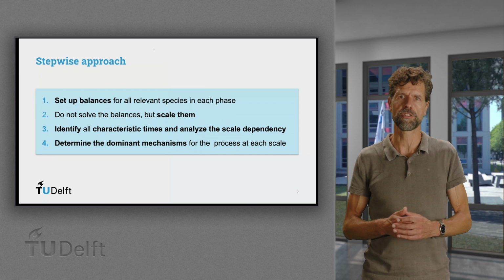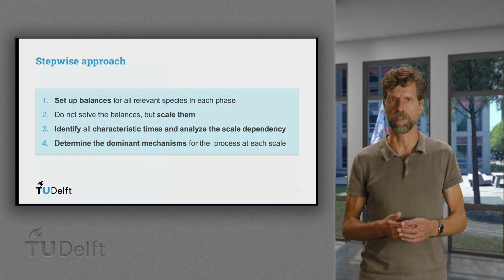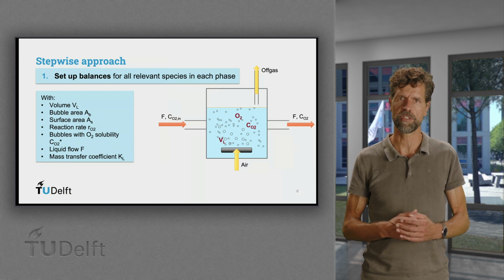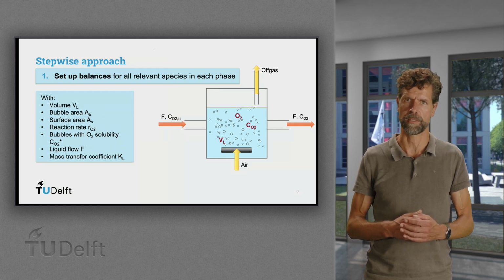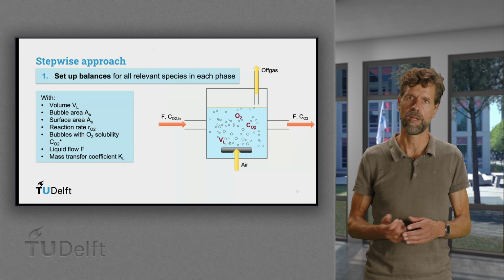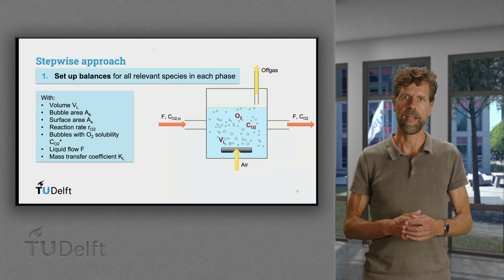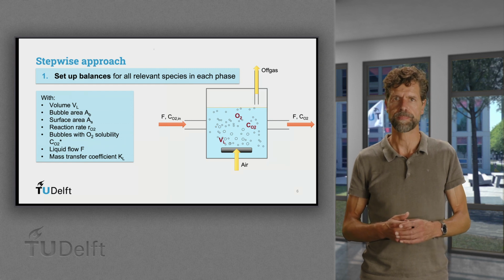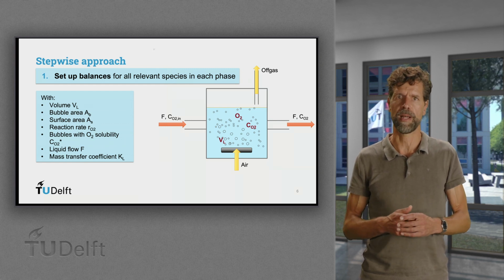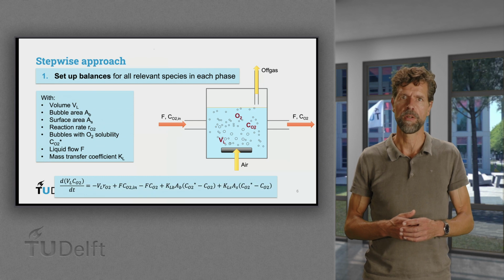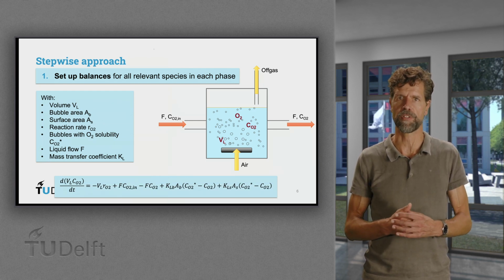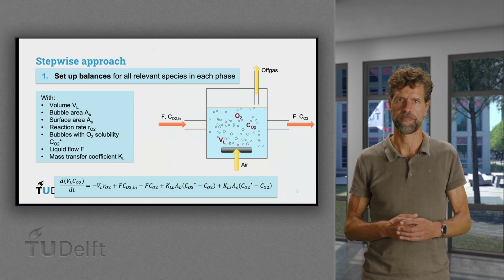To illustrate this approach, we again consider the balance of dissolved oxygen in the liquid phase, but now for a continuous process in a bioreactor with oxygen uptake, a liquid flow into as well as out of the reactor, and supply of oxygen by air sparging as well as surface aeration. Well, we can set up a balance for the oxygen in the liquid phase with an accumulation term and 5 terms for the mechanisms acting on the amount of oxygen. This is step 1 of the proposed approach.